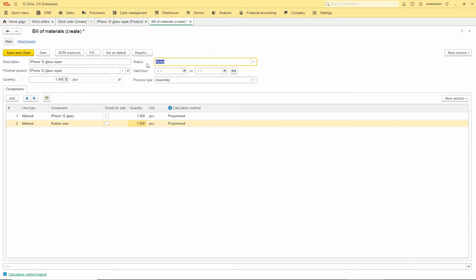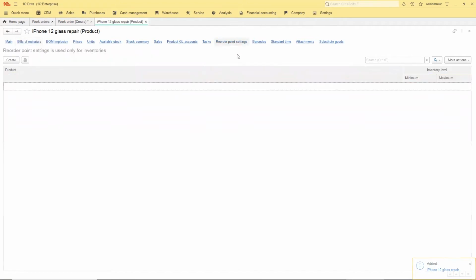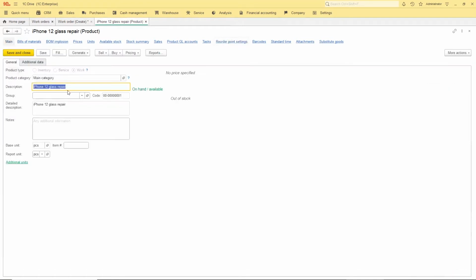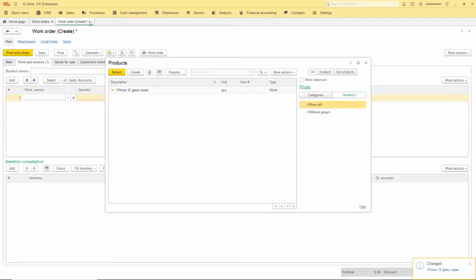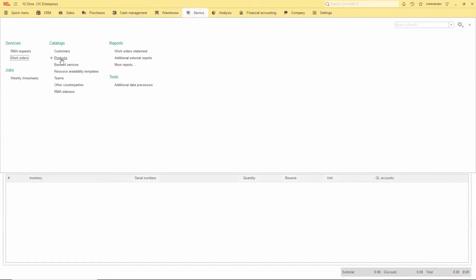Let's move our bill of material to active status, and we can also set up reorder point settings for our components. Just a second.